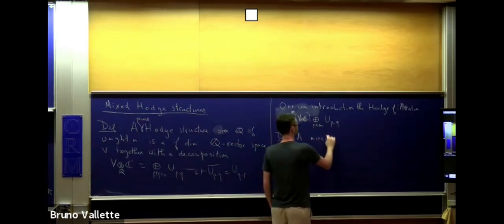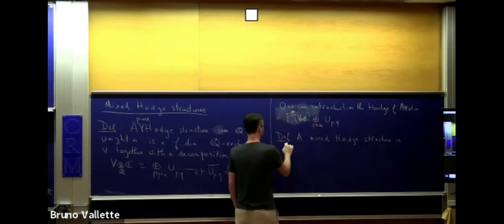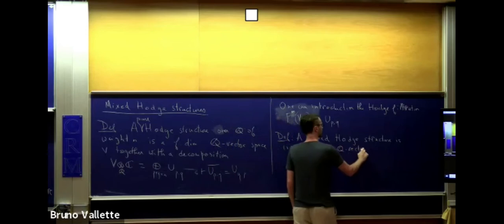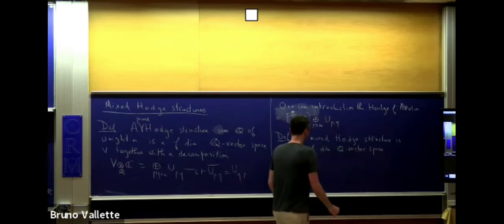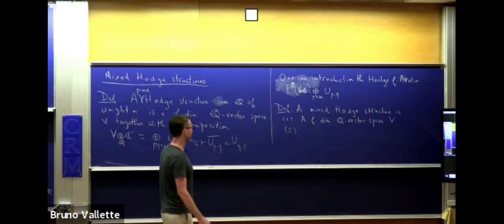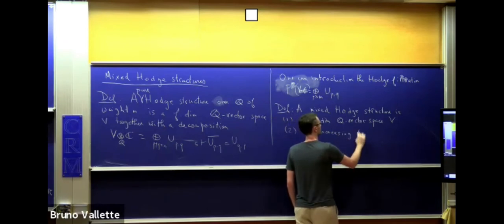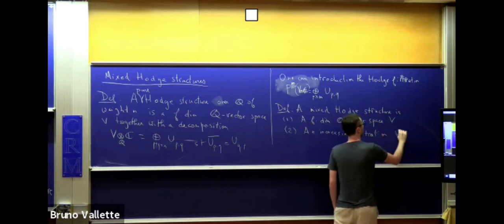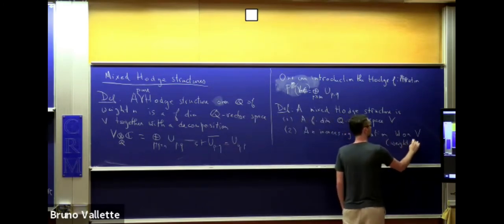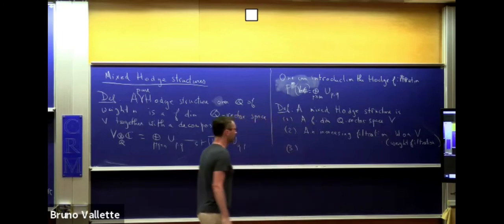So a mixed Hodge structure is: the first piece of data is a finite dimensional Q vector space V. The second piece of data is an increasing filtration W on V, called the weight filtration. And the third piece of data is a